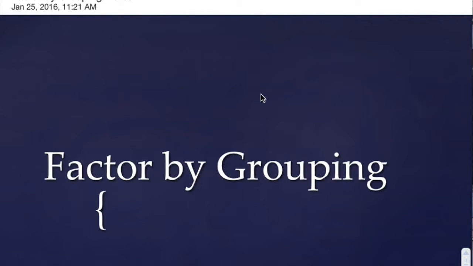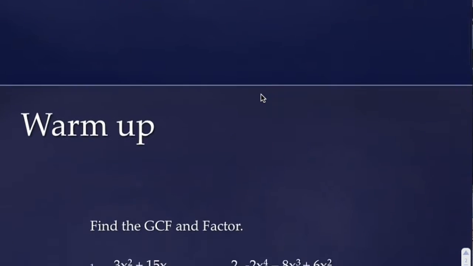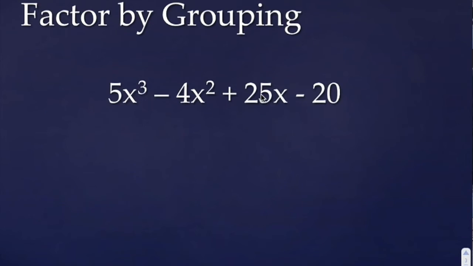Today we are going to factor by grouping. This happens whenever you have four terms and you can take the GCF. So once you've learned GCF, you should be able to use factor by grouping. For example, on 5x cubed minus 4x squared plus 25x minus 20, we're going to break it up into two